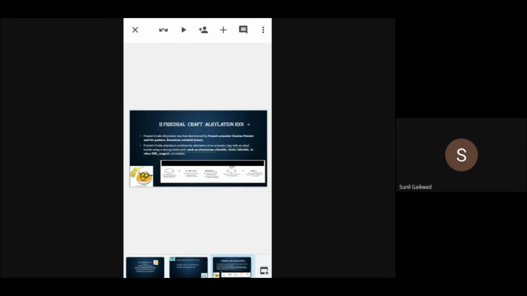Now here I have a short image of that reaction. You can see it. Here I have an aromatic compound, which is benzene, and here I reacted that aromatic compound with CH3Cl, which is an alkyl halide, and the name of this particular compound is methyl chloride. When I reacted this alkyl halide, methyl chloride, with the aromatic compound, benzene, in the presence of AlCl3, the CH3 got attached to the benzene ring.